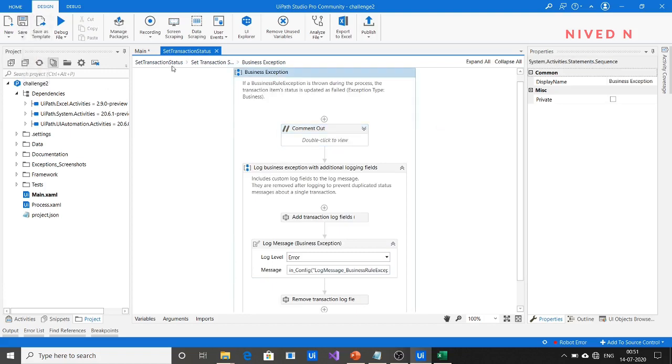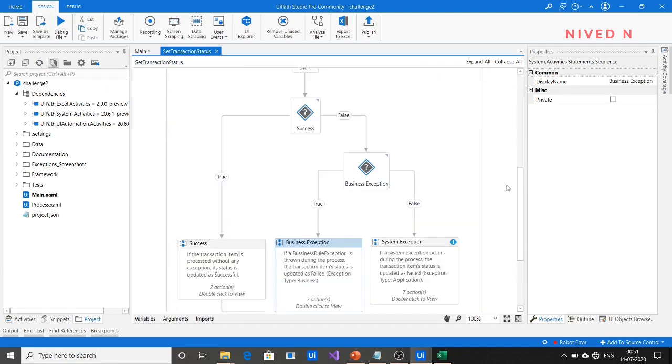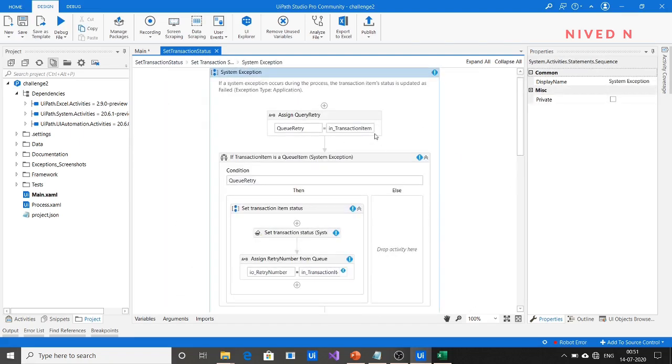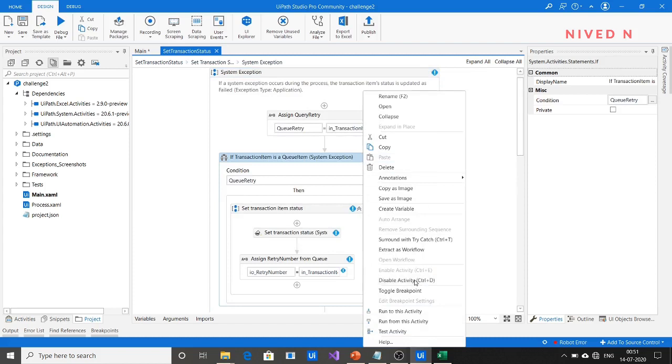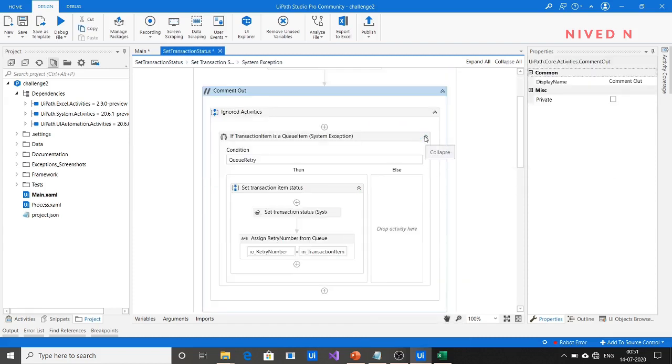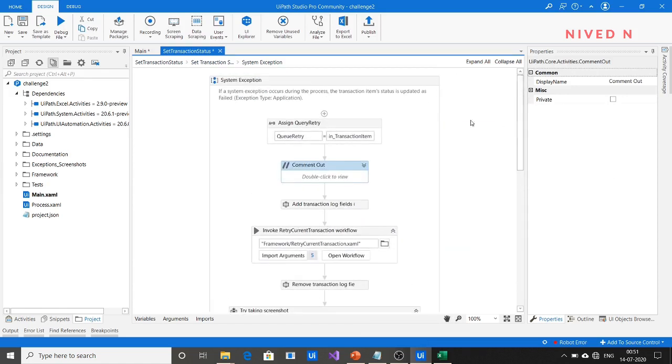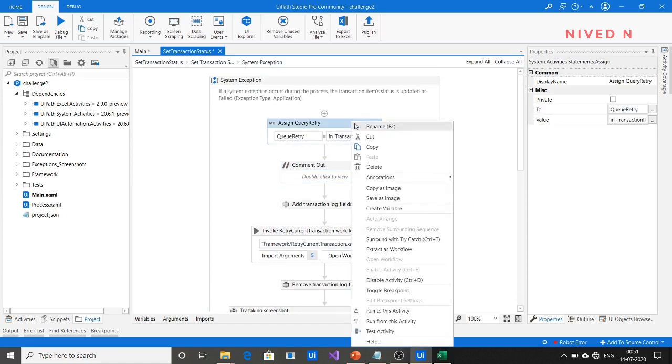Now after that, try to go back and do the same thing for system exception also. Disable this, because these are required when our transaction item is actually a queue item. Since we know that our transaction item is not a queue item, we have to either delete it or disable it. But I prefer disabling here.